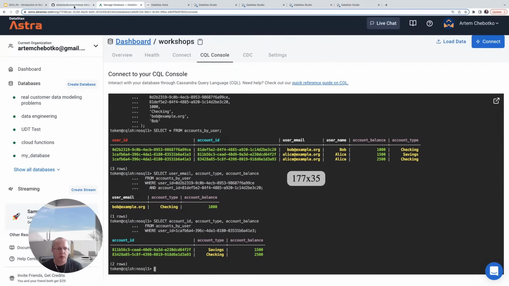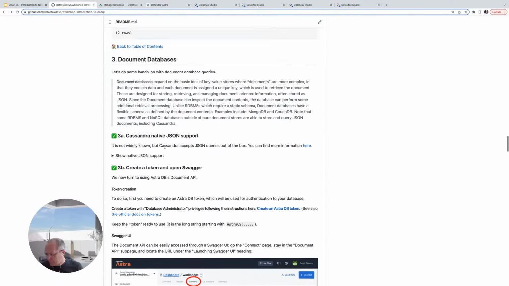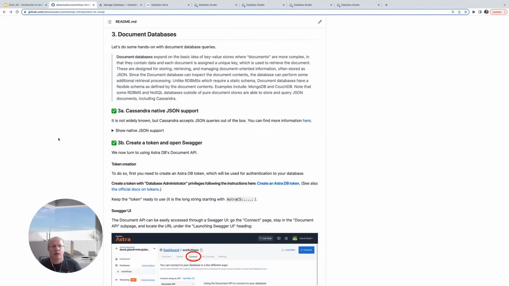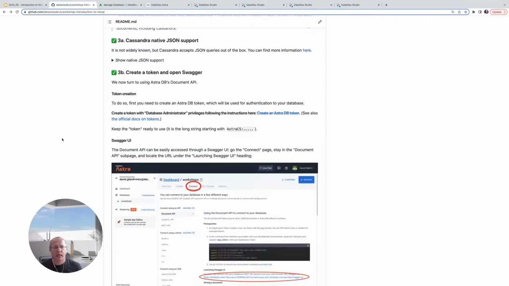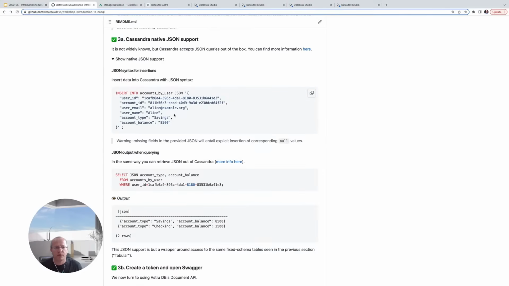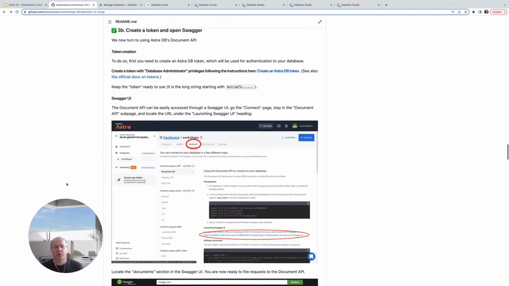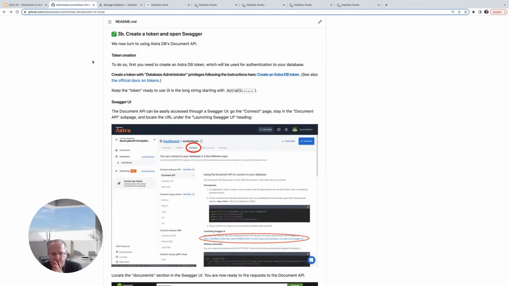anyway, so let's look at our document databases. Look at our document database section, and there is an optional part here. So the Cassandra and AstraDB does support the JSON queries. So you can insert your JSON directly. So we can insert into our table accounts by user as JSON, and we will be able to retrieve as JSON as well. So this is one approach, but I'm not gonna talk about this approach. I'm gonna skip it as optional. And instead, we will use Swagger, which is a tool that supports document API for our AstraDB